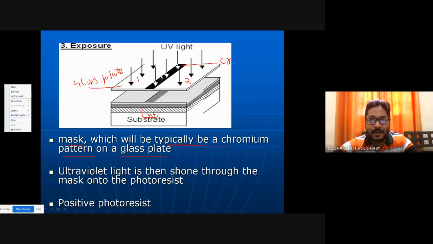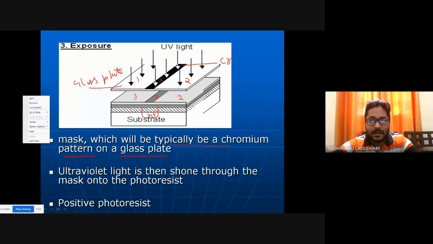That is, UV light cannot go through region number 3, but UV light can go through regions 1 and 2 because these two are transparent. When UV light goes through, it can hit regions 1 and 2, which can either become soluble or become hard, depending upon whether I am using a positive photoresist or a negative photoresist.